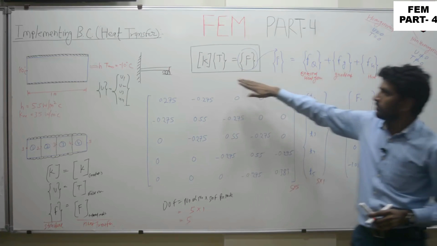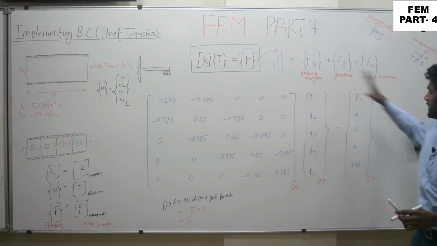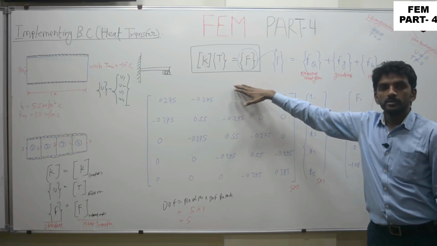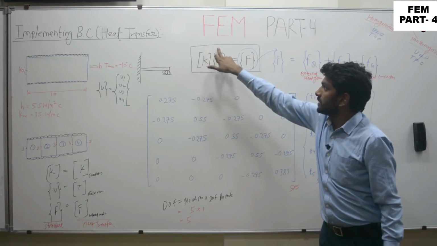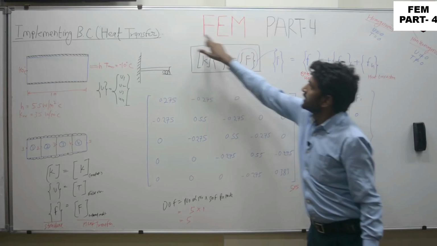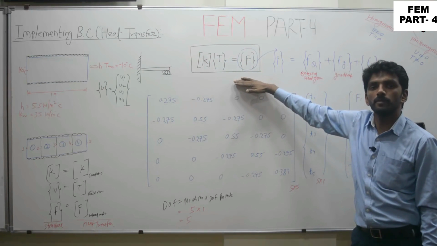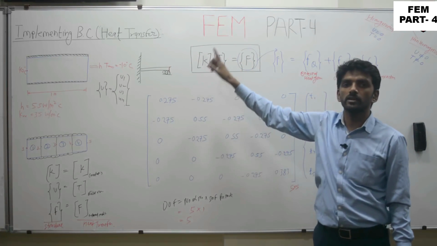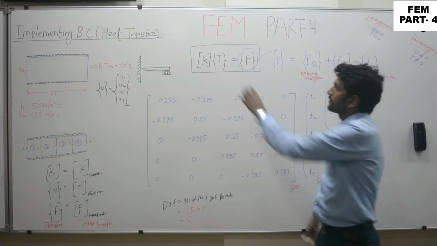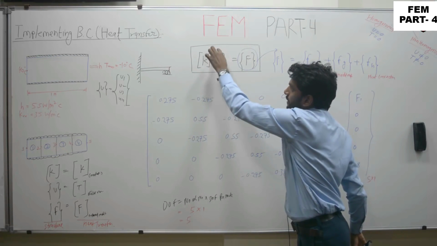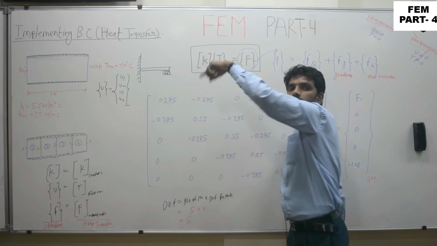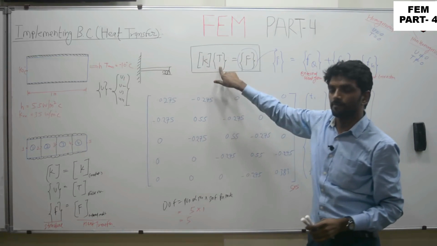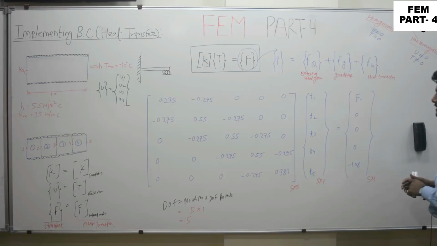This is our standard formula or standard practice to place the conductance matrix, field variable, and external condition in this equation. This equation is very familiar to you because you have already used this particular equation for the structural problem. The only difference is that in place of T you were having U. U means the displacement at a particular node, but here in heat transfer, that means temperature. Now applying the boundary conditions.